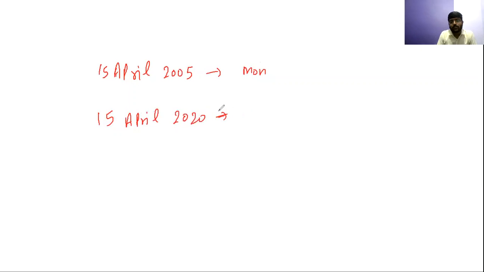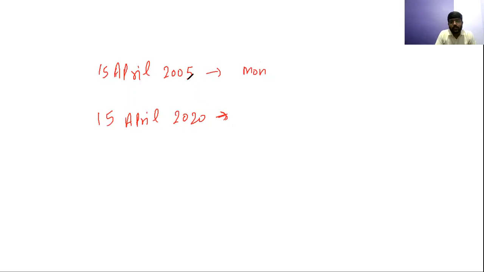If this much gap is given, how will you find the answer? Let's suppose the gap is large. Again, you need not worry. You will not go one by one here. Obviously, you cannot go one by one, because from 5 to 20, if you are traveling one by one, you will be wasting more time. So there should be some sort of technique. See, what is this technique?